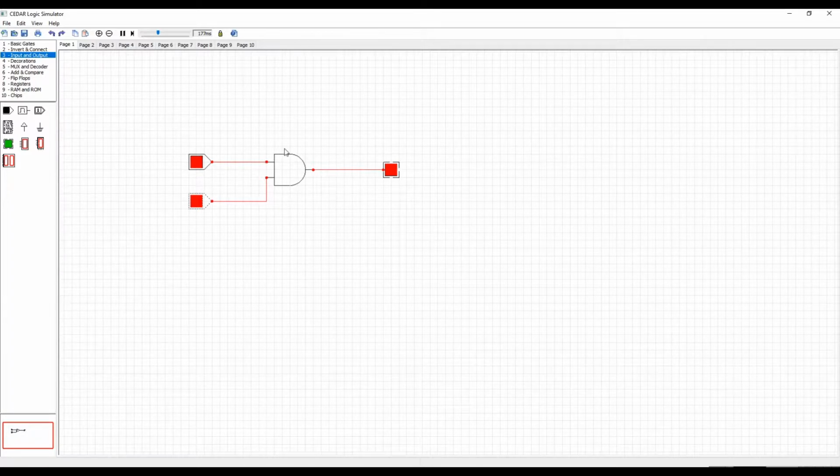and connect like this. So we know electronic circuits have 2 values, which are 0 and 1. In this simulator, 0 means the black color. If both inputs or outputs appear in black color, it means it has 0 value. So this red color means 1. If inputs and outputs appear in red color, which means they have the value 1.